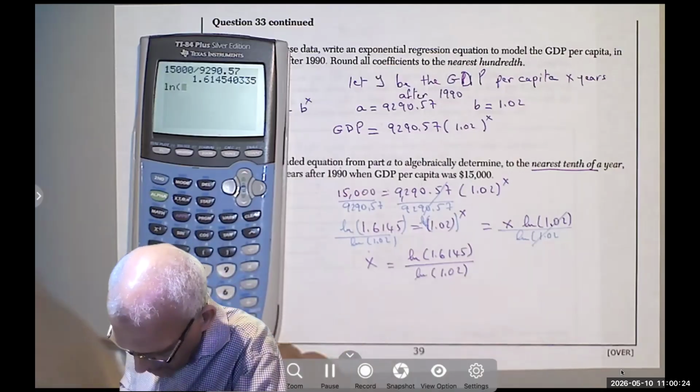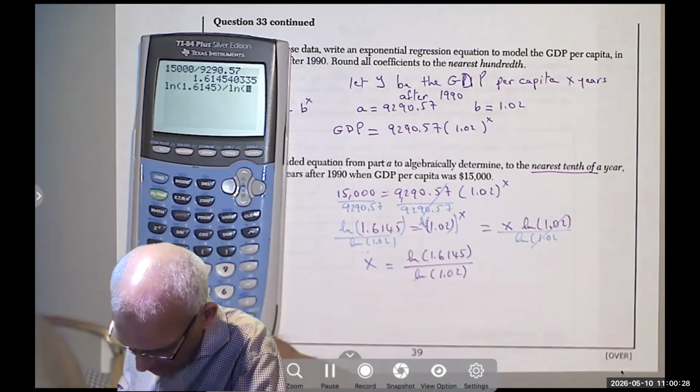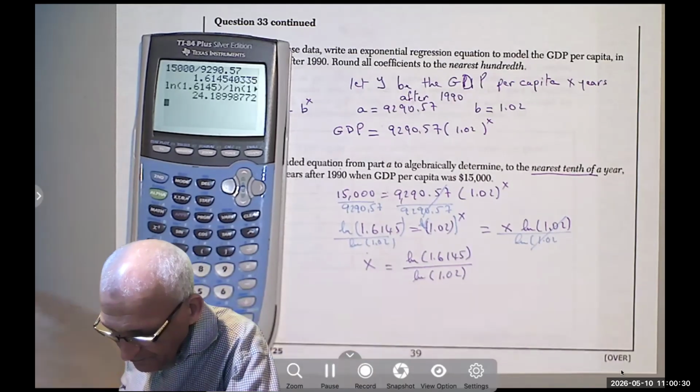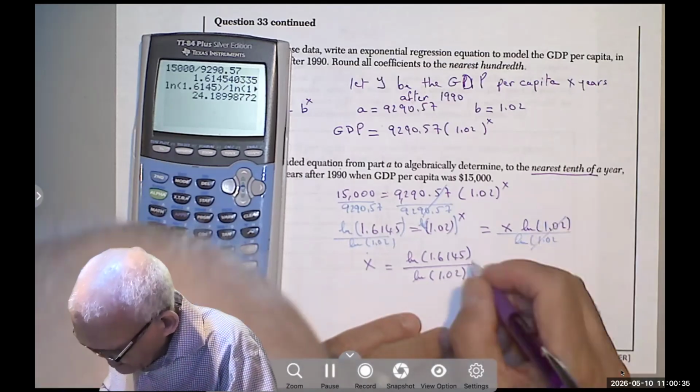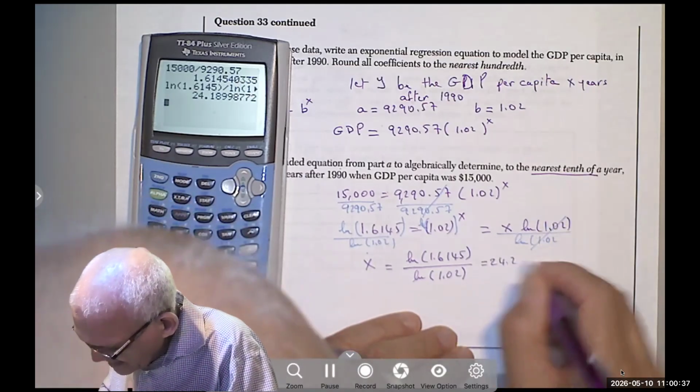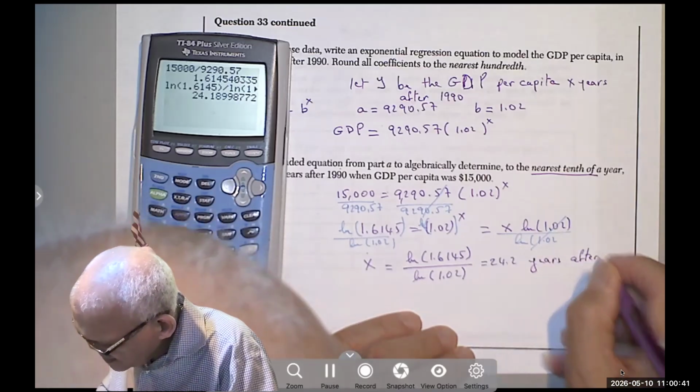divided by natural log of 1.02. Let's see, natural log of 1.6145 divided by natural log of 1.02. You get 24.2 because they want it to the nearest tenth. And then after